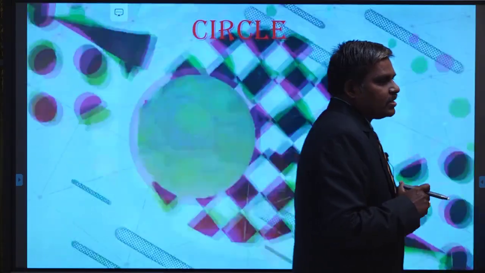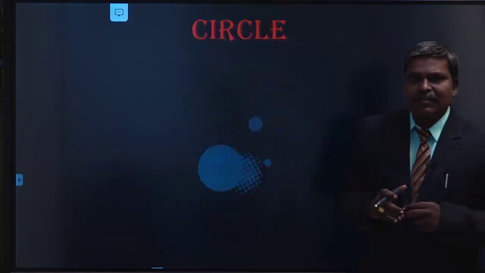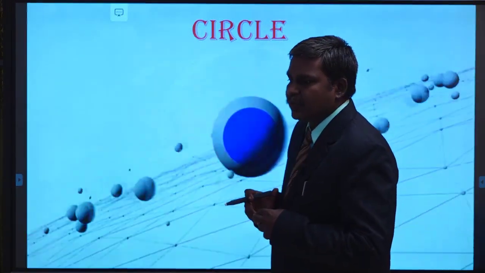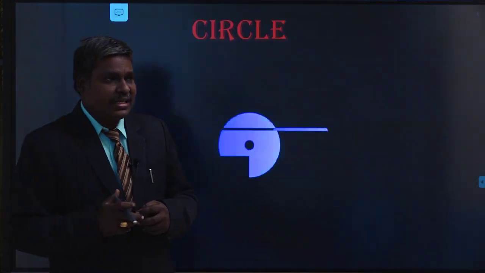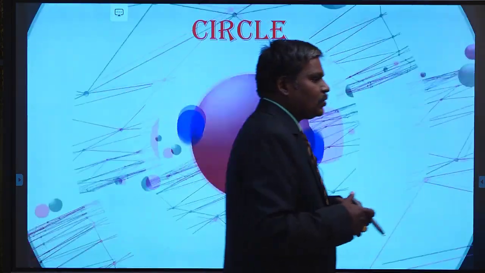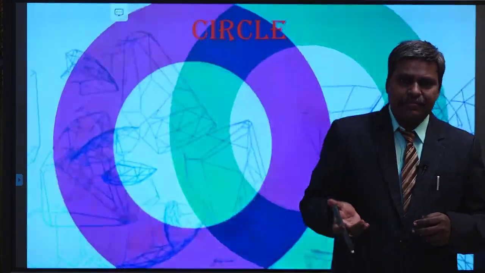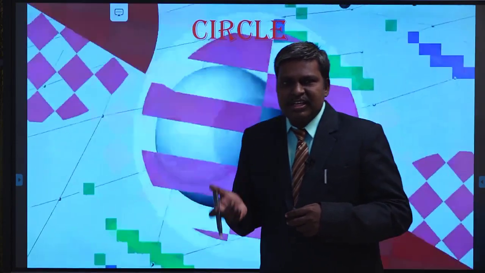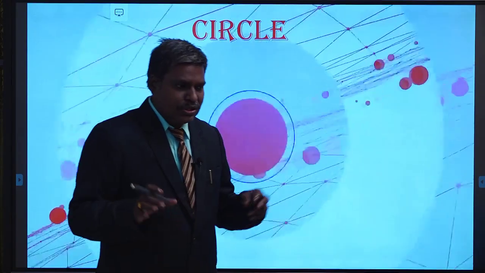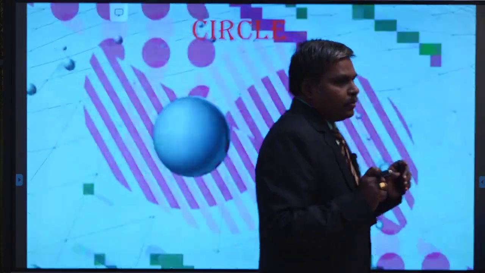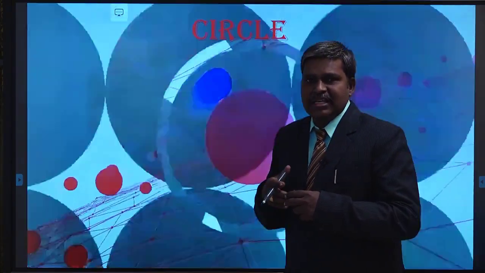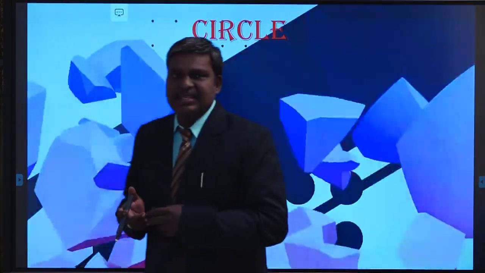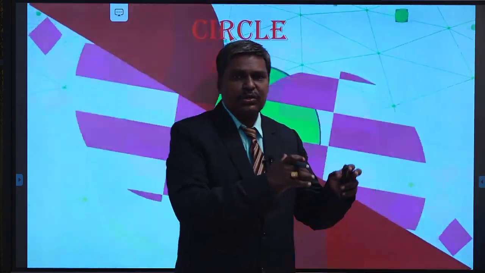Now, what is the equation of the polar of P (x1, y1) with respect to the circle S equal to 0? S1 equal to 0. The polar of a point P with respect to the circle S equal to 0 is S1 equal to 0. It represents a straight line. Moreover, the polar is always perpendicular to the line joining CP, by taking the product of slopes equal to -1. Again, depending upon the position of the point, the polar sometimes behaves as chord of contact, sometimes tangent, and sometimes completely outside the circle.